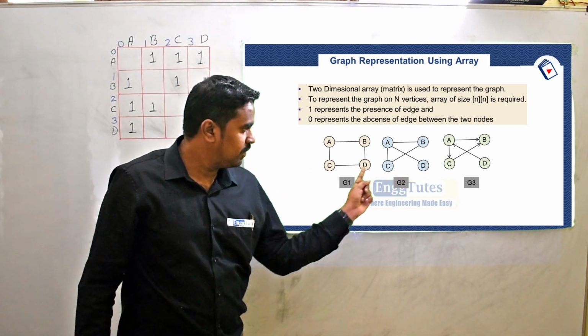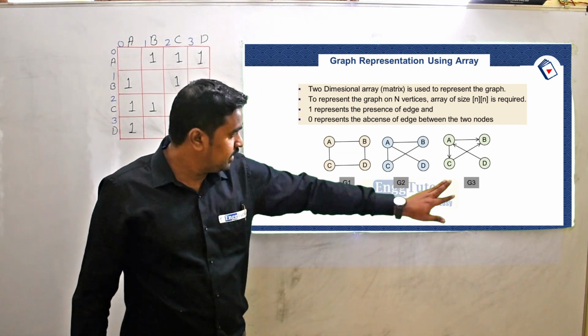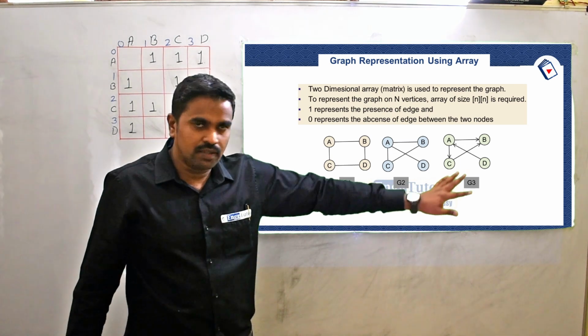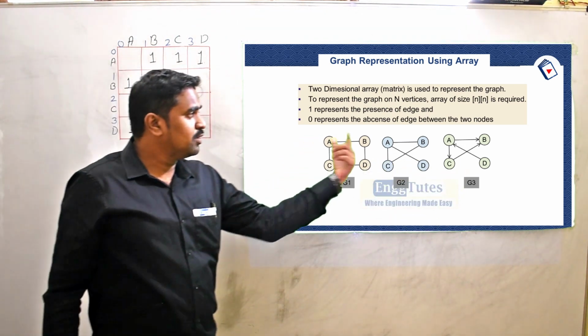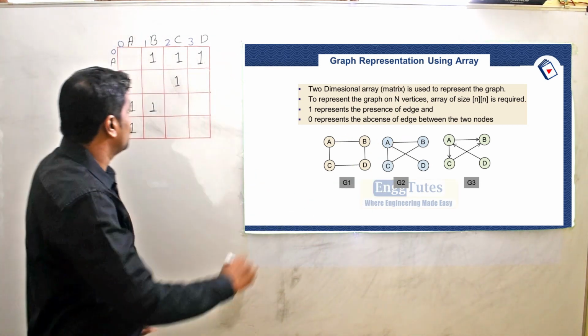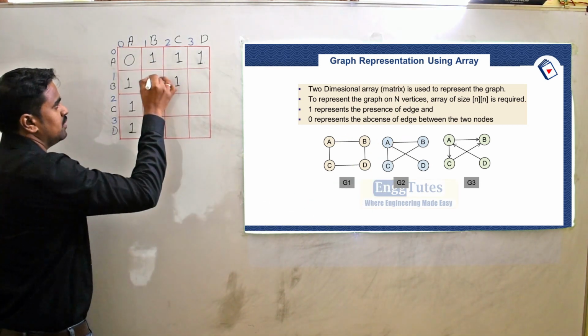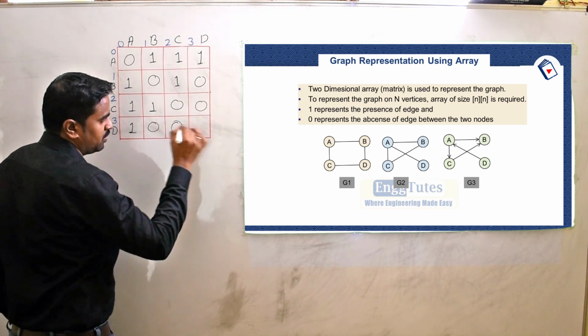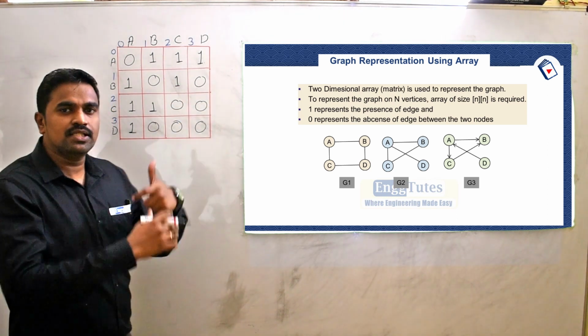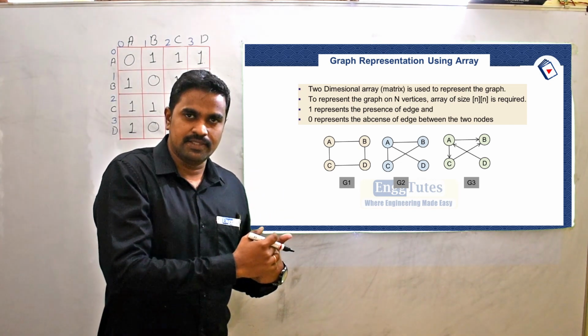A, B, which is already covered. D को connected है क्या? नहीं. Then D is only connected to A, which is already covered. Yes. So this is the plot. But one thing remains, that 0 represents the absence of an edge. So the remaining fields are 0. Done. So this is the array representation